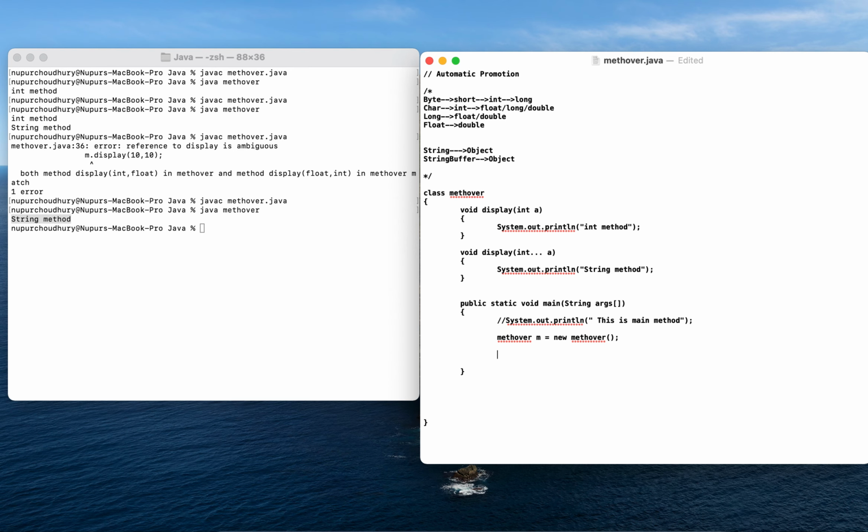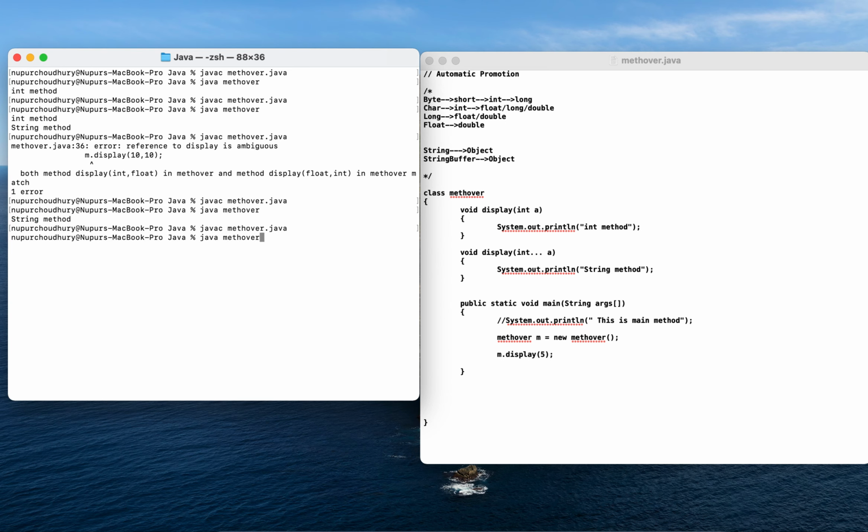multiple number of arguments. Okay, so if I am using something like m.display and I am using 5, then initially the first method would be called. Let me execute and show. The first method is called. Now suppose I have an argument which has, let's say, 10, 60.